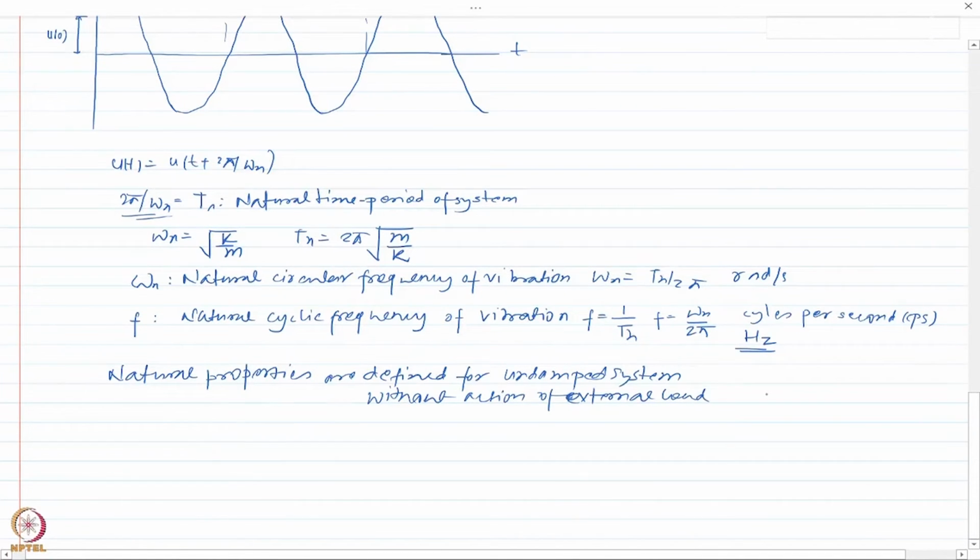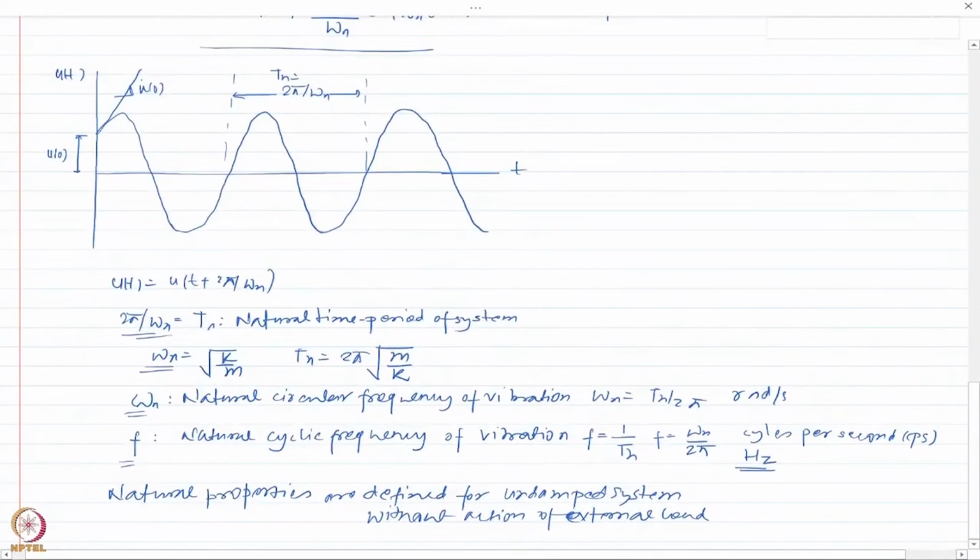Okay, now it is very important to understand the physical significance of these parameters, and what are the typical values that you would see for these parameters. Now time period, as I said, is basically the time required to complete a single cycle of motion. Now, if I have this graph here,